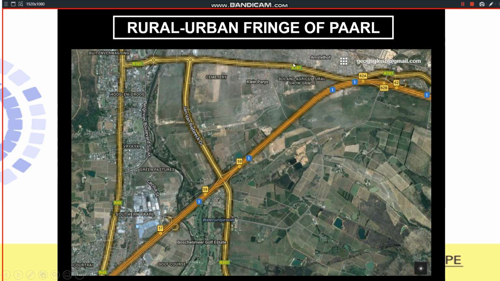Let's look at a typical photo of the rural-urban fringe. Right. On this side, you can see this area here, rural, and on this side here, you will find most urban areas over there. And we remember we spoke about the cemetery, right? These agricultural showgrounds. Can you see we spoke about those when we did the characteristics of the rural-urban fringe. Here's a typical photo which actually shows you what it is. Take note where these functions are.